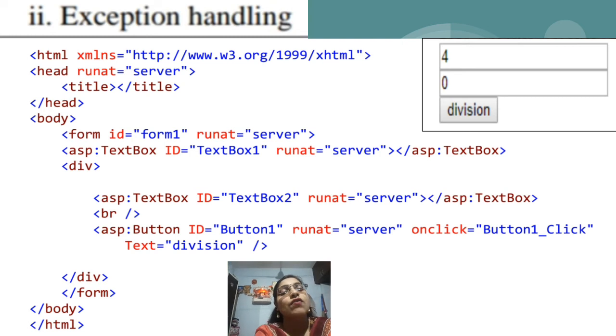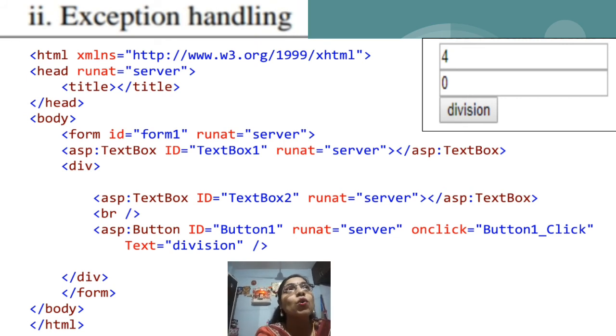Now move to the next program, that is exception handling. As you all know, what do you mean by exception? Exception is nothing but an unexpected condition. If we want that even though there are unexpected conditions, our program should still execute smoothly, then in that situation we make use of exception handling. To handle the exception we use many blocks: the try block, then the catch block, then the finally block. Then the throw keyword we use to throw a specific exception.